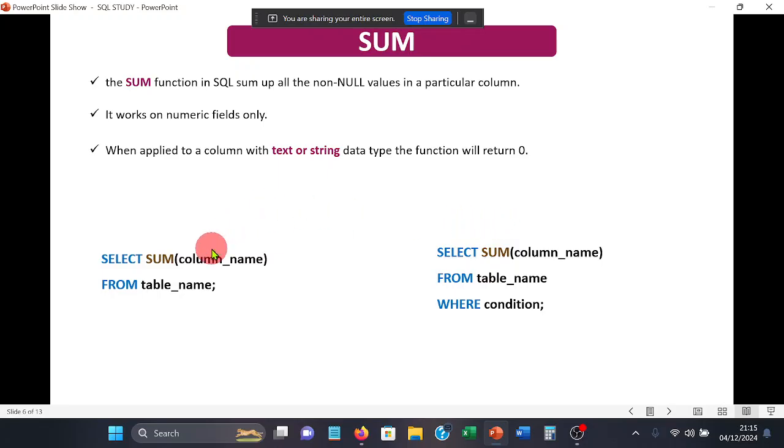So if you want to use the sum function, this is the syntax for the sum function. The one by my left is the syntax for the sum function. Also, let's assume you want to sum up the salary for people